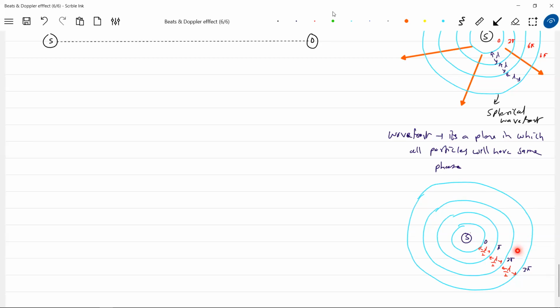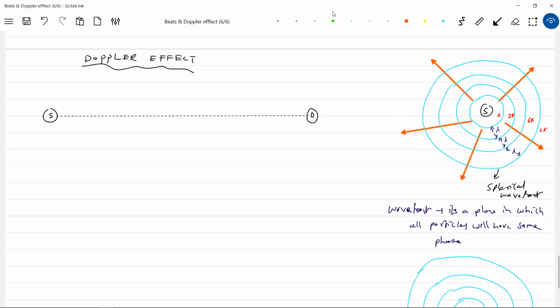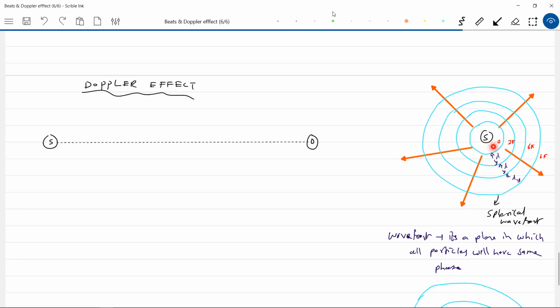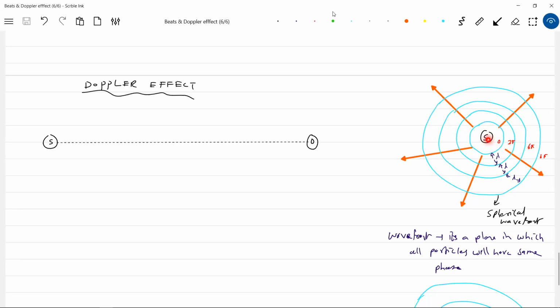We are more interested in the wavefronts having a phase difference of 2 pi radians between them, like 0 and 2 pi, because that will become one wavelength. So therefore, I'm just showing it. Okay, got the idea now? So in general the source will generate a wave. The plane in which all particles have the same phase we call a wavefront. So there's a point source, and as it is a point source, spherical wavefronts will come.